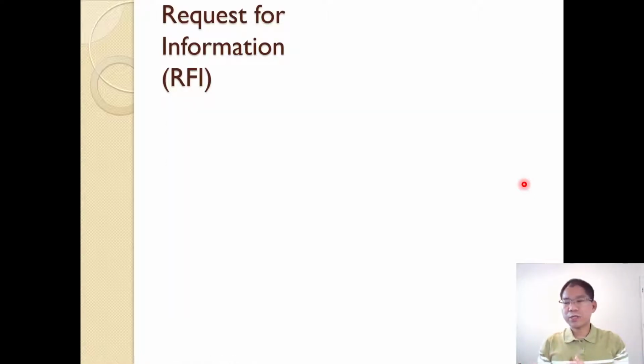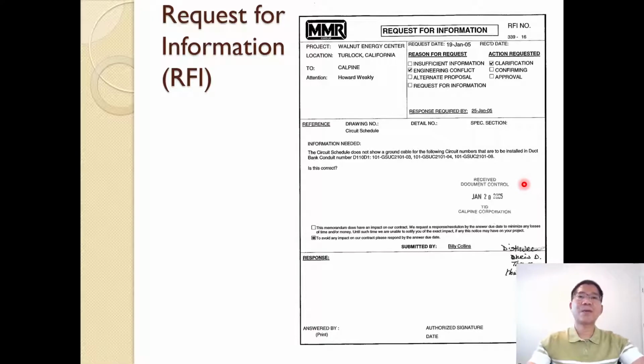From the contractor's point of view, when you read the drawings or specifications and something is not clear, don't just make assumptions. You can ask the engineer, the architect, or the owner for clarification, and that is a request for information, RFI. Here is one example: the electrical contractor for the One Energy Center asks for information about the work, and it can be responded to directly.